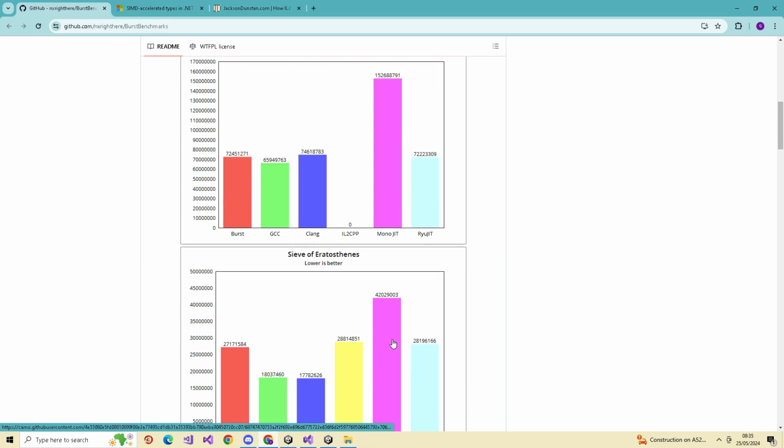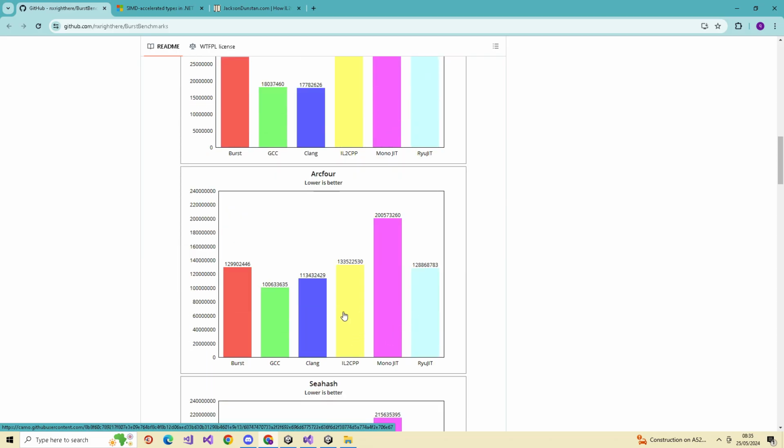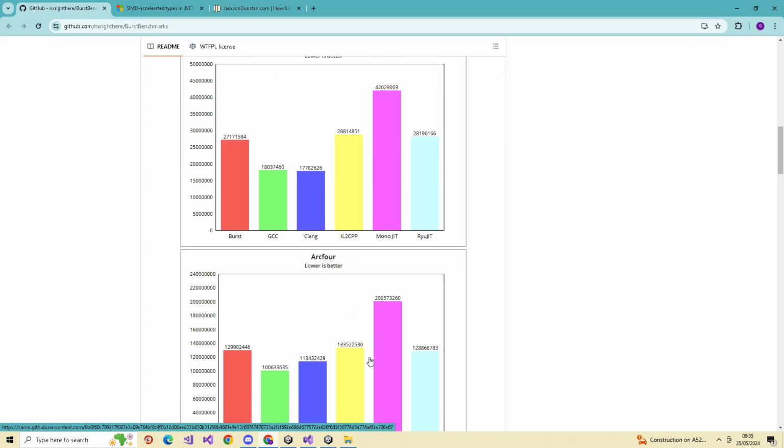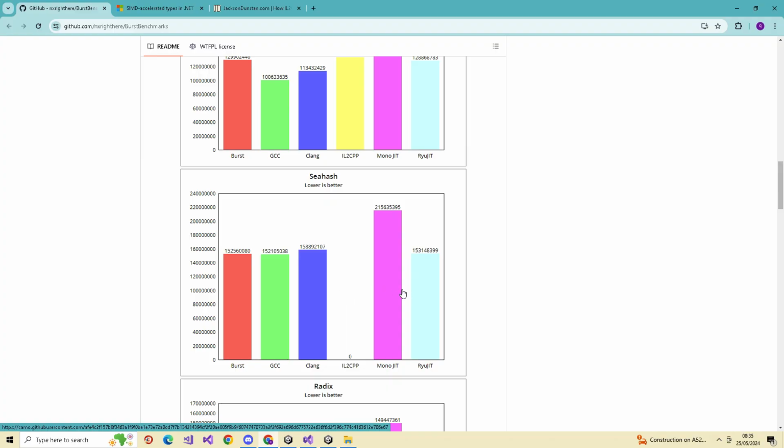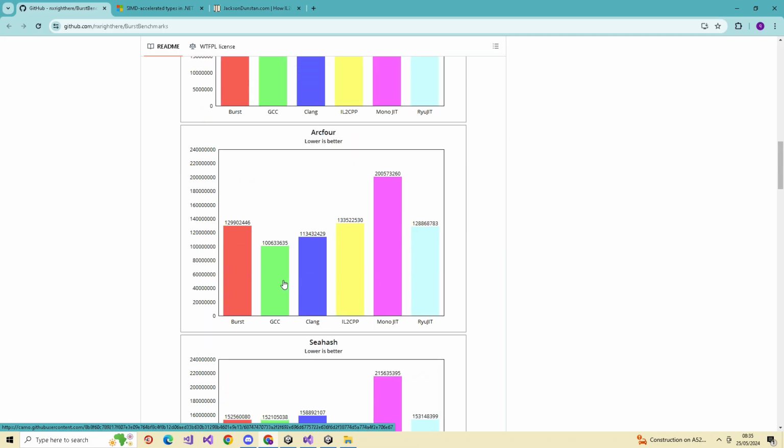I don't know why there's no number there. It's very similar to Burst sometimes. These are kind of in line though. If that's just straight C# Unity in Mono, and that's Burst, that's GCC, you can see this 1.5 times thing.